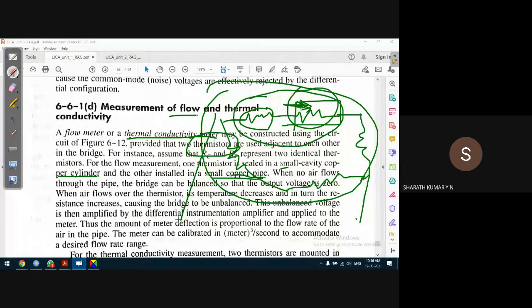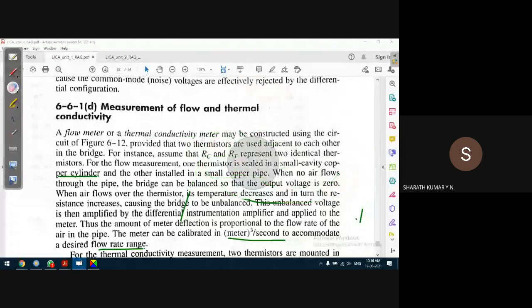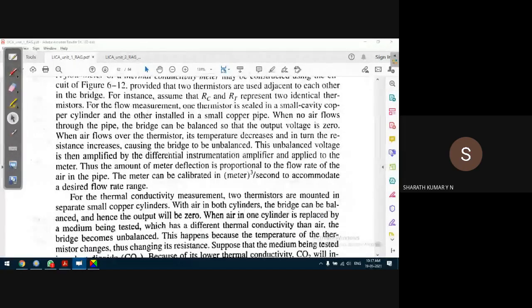Okay, that is airflow, not velocity. I'm sorry, it's airflow. So this meter, which is used to measure airflow, can be calibrated in terms of meter cube per second to accommodate the desired flow rate range. That is to directly read the flow of air through the copper pipe. Yes, that is one of the applications of what is known as